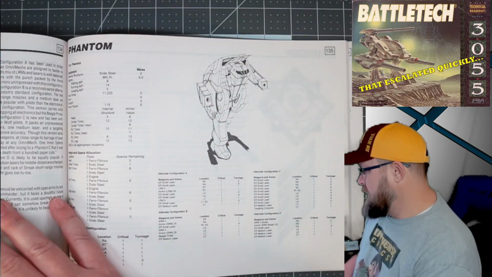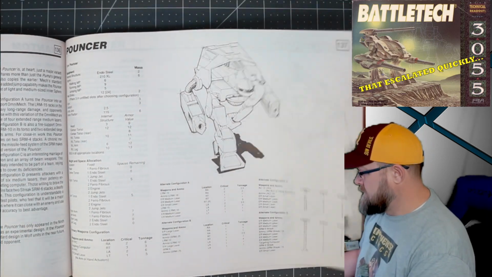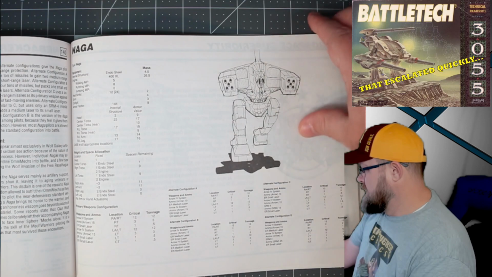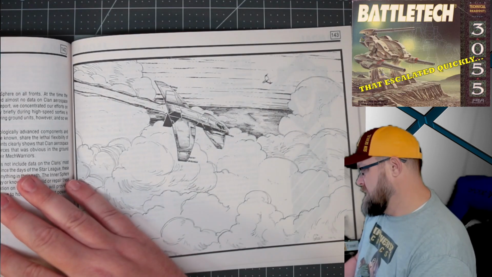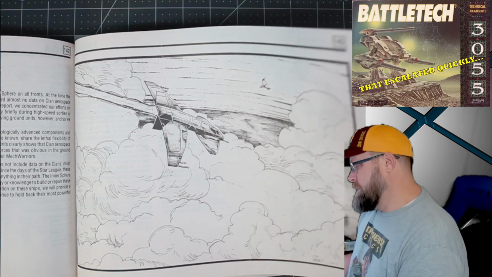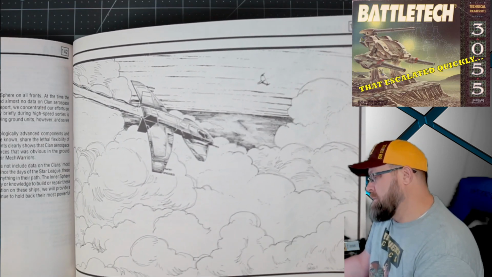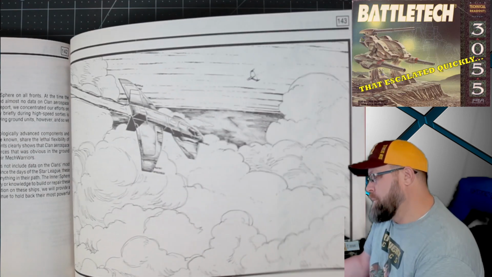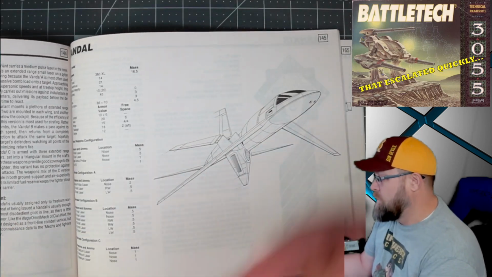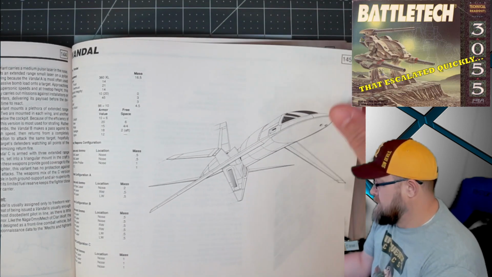And then we get some new Omni-Mechs, starting with the Phantom, the Pouncer, the Linebacker, the Naga, and then finally we get some information on Clan Aerospace Fighters. Basically, they didn't include any aerospace fighters in 3050, so now they're adding those in so you can play games of Aerotech. So we've got the Vandal,